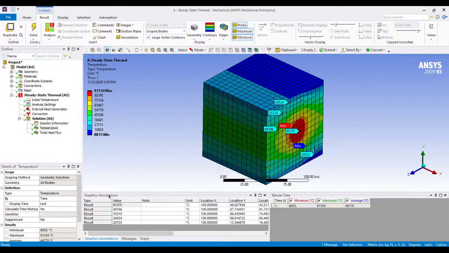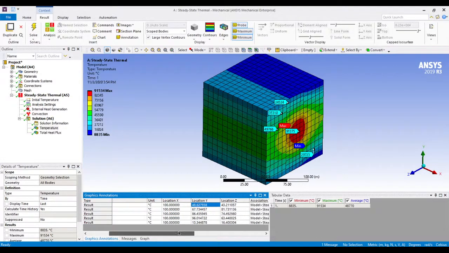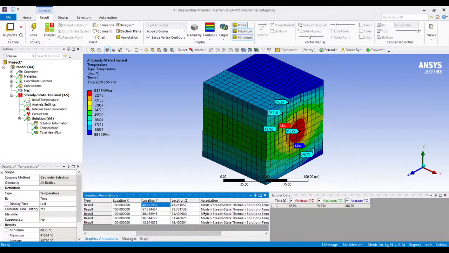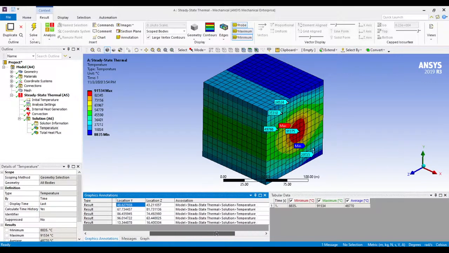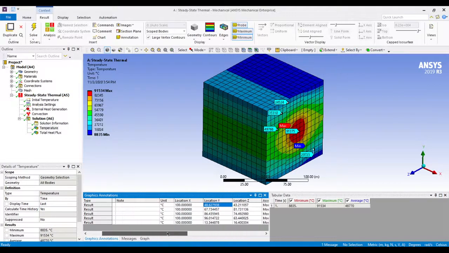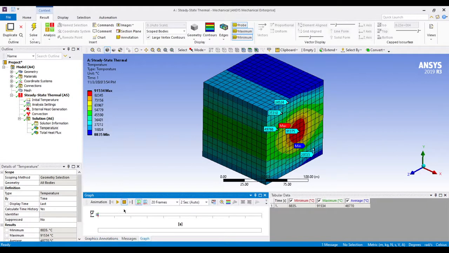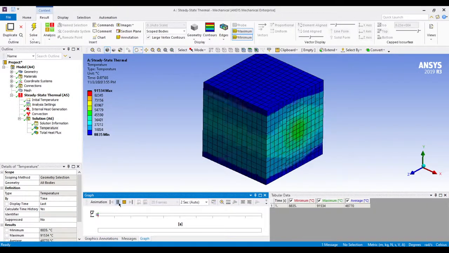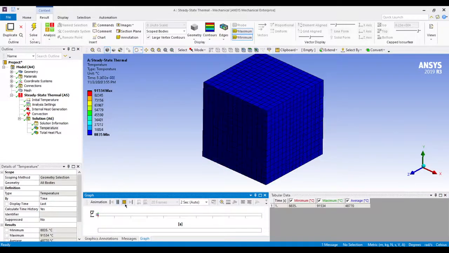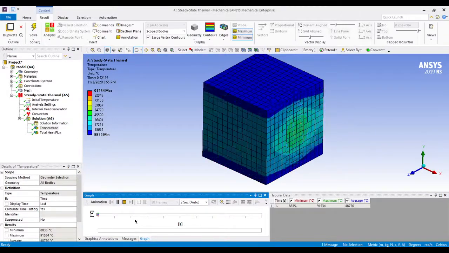In the graphics annotations you can see the tabular results: temperatures, locations, location X, location Y, and you can also see the location Z and some model information, and then temperature values. Also you can see the graph option over here, and you can run the simulation and see how the temperature variation goes. Now this simulation is only for the different seconds.